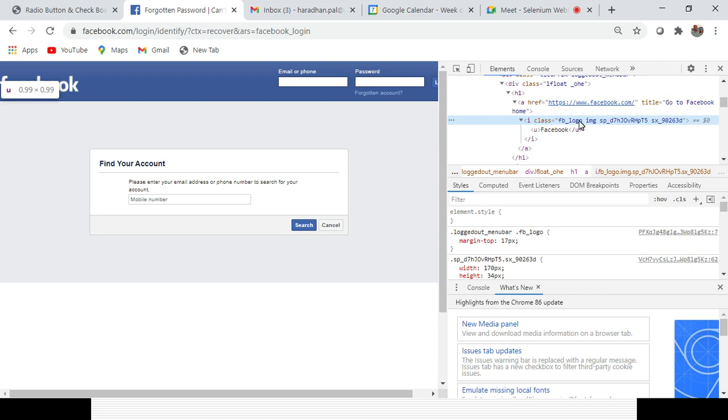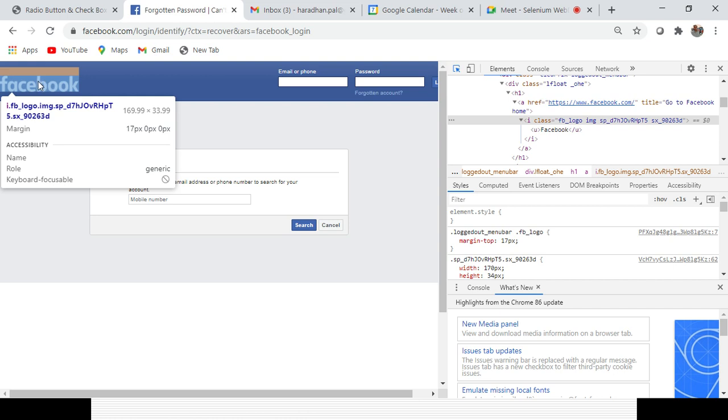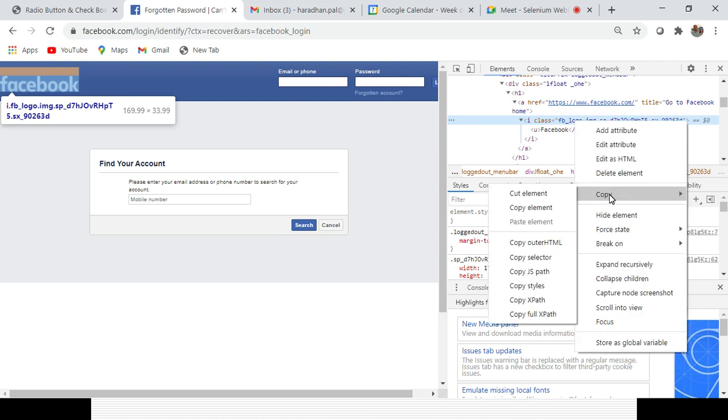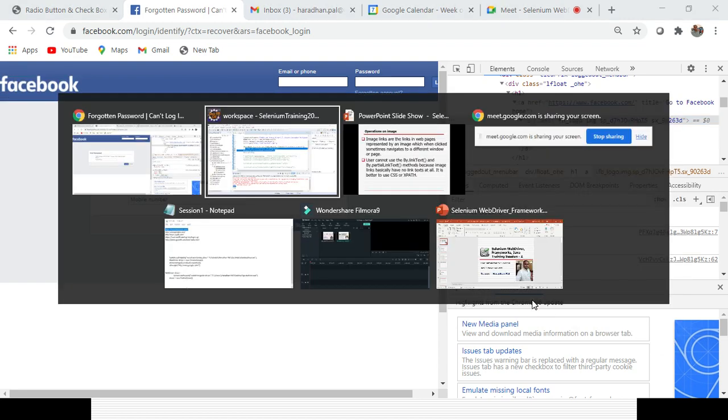So I need to create an XPath or CSS selector, because here only a class is given. For that particular element you have to select it and create the CSS or XPath. I will create sessions on how to create the XPath and CSS, but here I will simply copy the XPath. So I will identify the element with that.